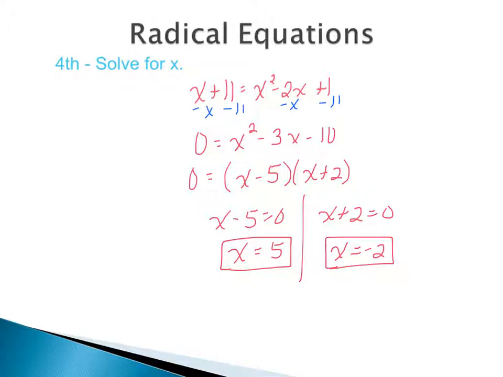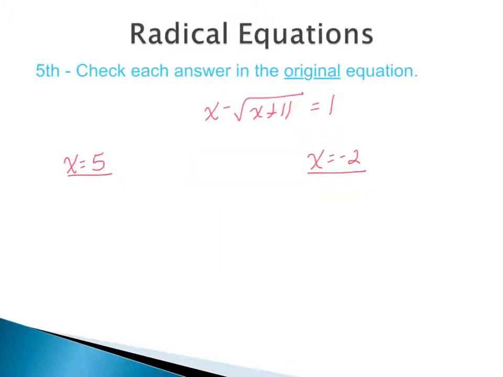Now, at this point, I got these potential solutions because we are not done. We now need to check our answers back in the original equation. When we're dealing with a square root, remember in that second step, we raised both sides to the power of 2. In doing that, we might have gotten a false solution, one that doesn't work in the original equation. Because remember, when we square a negative, it'll make it positive. When we square a positive number, it'll also make it positive. So we might have gotten an answer that is not a solution to the original equation. So what we have to do is we must go back and look to see if it checks in the original. So you can most certainly use your calculator to help you check your answers. I will walk through the steps for doing this by hand.